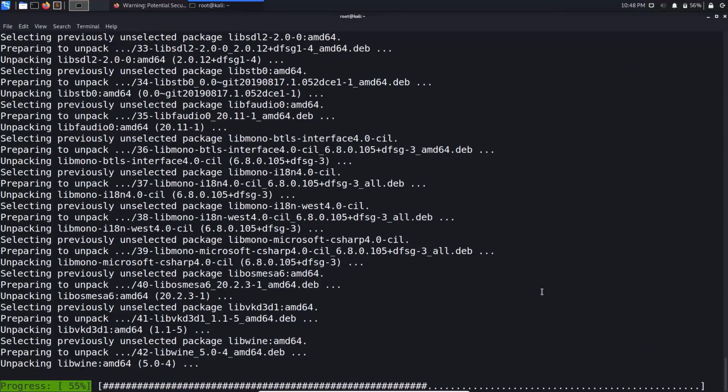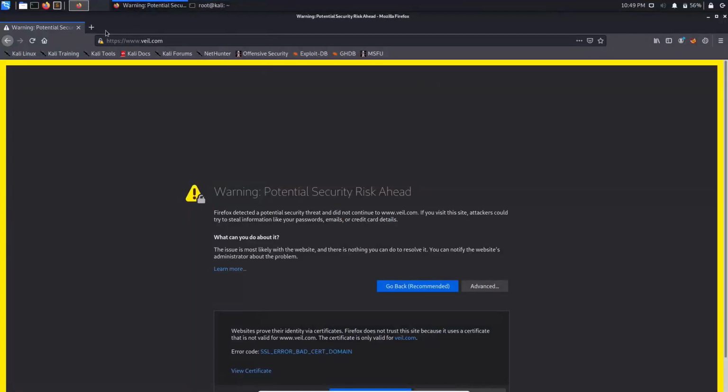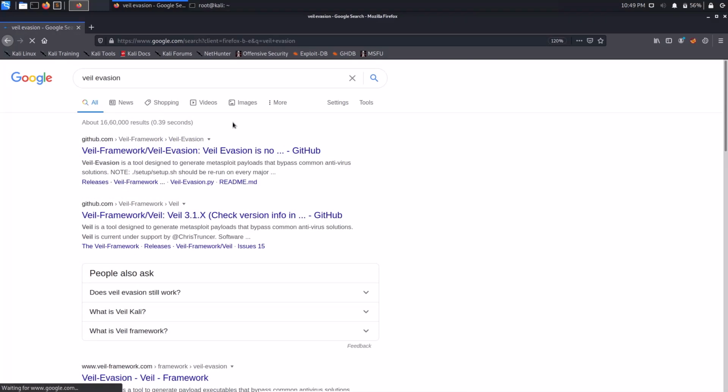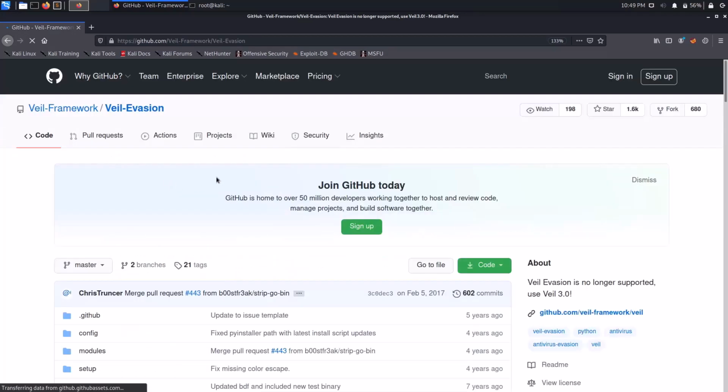So guys, I paused the video for a while and it is going to complete soon. And let me tell you what the use of Whale is. Let me open their GitHub, and you can install via the GitHub also. But what I showed you is really simple. If you type Whale Evasion, you can get it. The link you can find there.